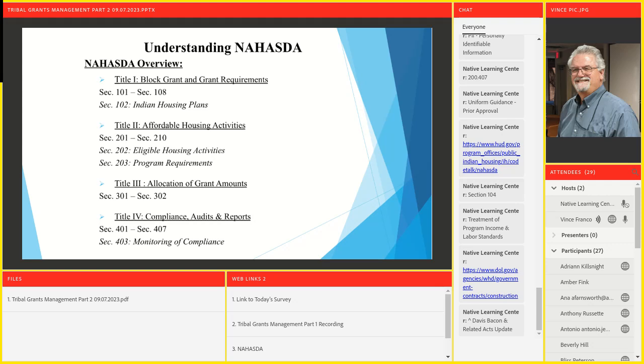All right, monitoring for compliance also includes periodic monitoring, and I want to bring this to your attention. Periodic monitoring, it's in section 403B, and it's called periodic monitoring. And what it says is that you have to do a self-monitoring, I think they use the word checklist, at least annually, and that checklist has to be submitted with your year-end report. So that would be your annual performance report. So that is required from a legislative standpoint. It trickles down all through all the regulations. You'll see it again next week when we talk about those regulations under ONAP.